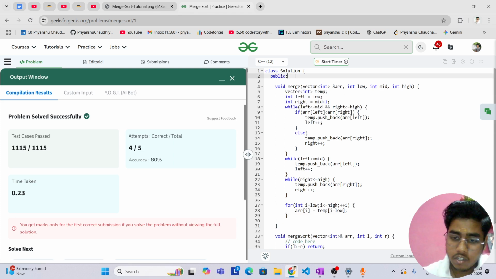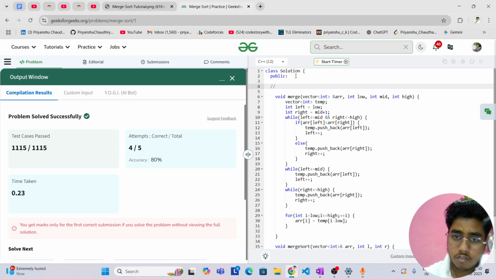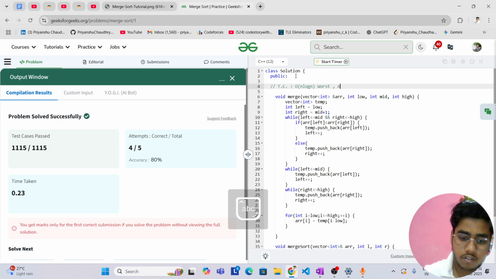And now if I tell you about the time complexity and space complexity, so we can see we are dividing the array into two parts each and every time. So the time complexity we can see will be big O of n log n in all the worst, average and best case, because we are dividing the array into two parts.